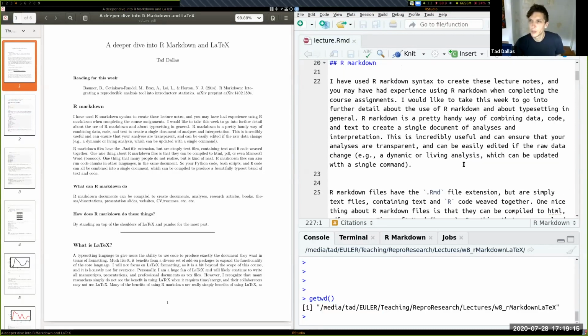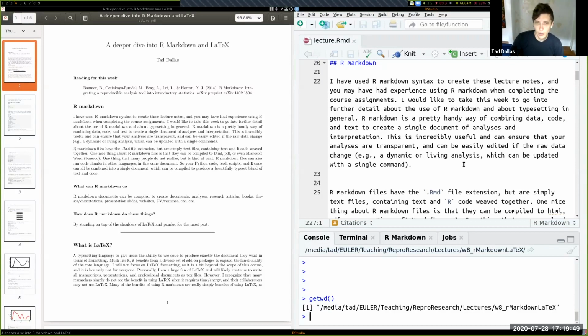Yeah, so at first paragraph, I just go into the background about R Markdown, which I've sort of already covered. R Markdown is incredibly useful, as we'll see throughout this lecture, in terms not only of making just simple documents, but also in making formatted CVs or resumes. It can be used for websites, books, research articles, presentations, because you can compile it to HTML or PDF.